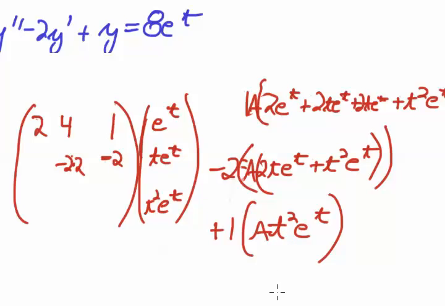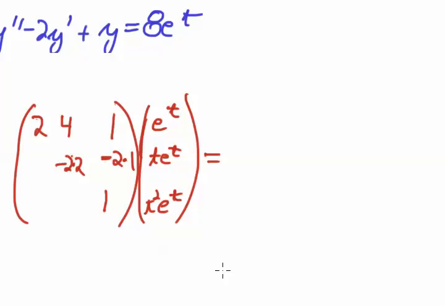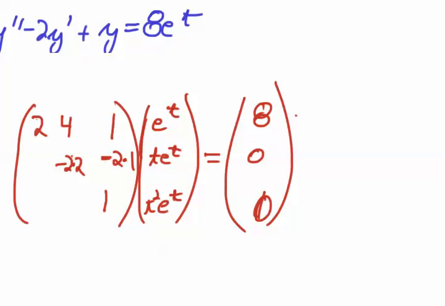And this last one is negative 2 times 1. And this last one is 1 times t squared e to the t. And basically all this is multiplied by a. And all of this is going to be equal to 8 times e to the t. So